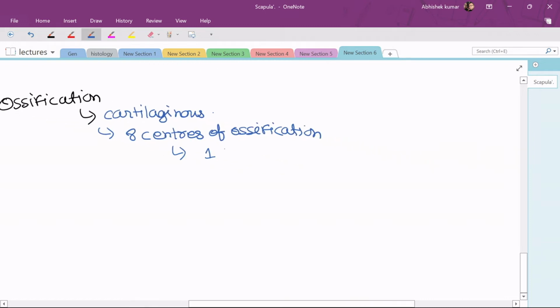There is one primary center in the body, and there are secondary centers, which are two in the coracoid process,